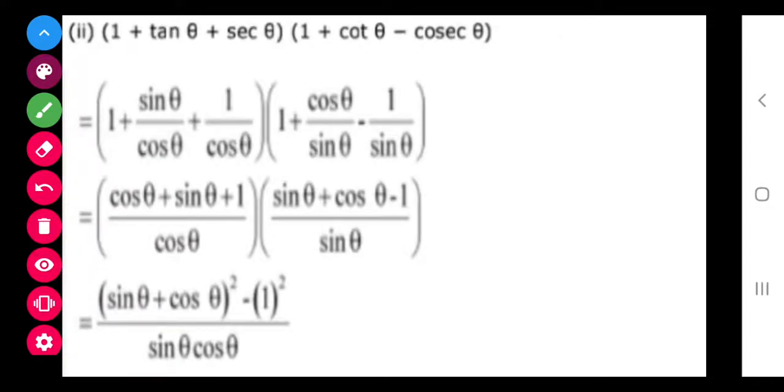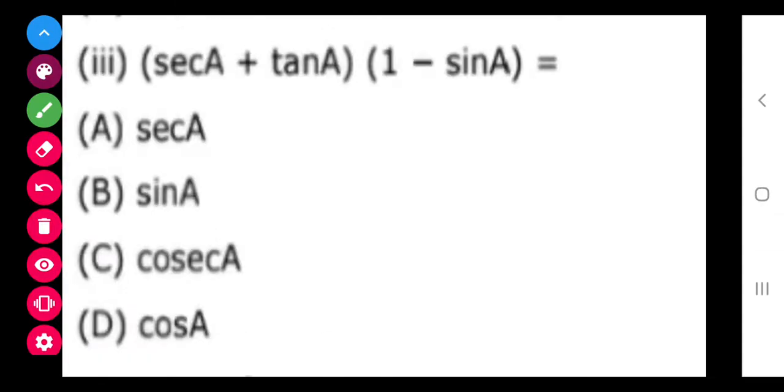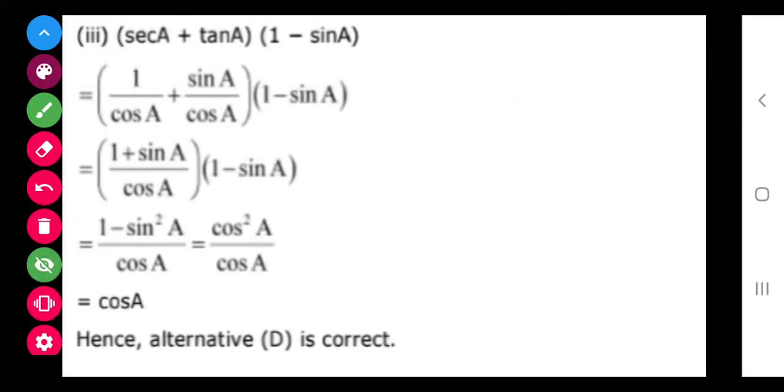Class, you have to see this video very attentively and you have to solve it, because this is a very important exercise and a little bit different from what you have done till now in mathematics. You can say that all the concepts have come together to solve this question. Now here also, the third part, you can see that there is no direct relation. So sec you write 1 upon cos, tan you write sine upon cos. After that you will have the relation.